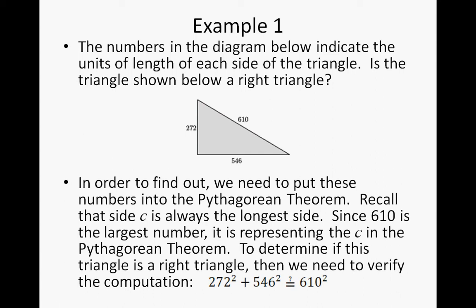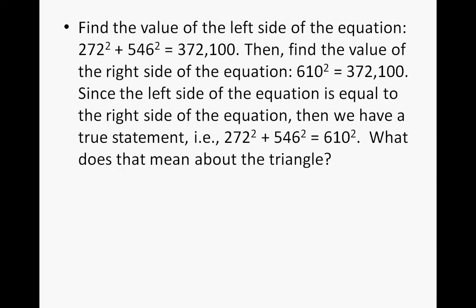To determine if this triangle is a right triangle, we need to verify the computation. 272 squared plus 546 squared, is that equal to 610 squared? So finding the value of the left side of the equation, 272 squared plus 546 squared, and you're probably going to need your calculator for this. When we find that value, it is 372,100. Then you find the value of the right side of the equation, which is 610 squared, and when you multiply that, you get